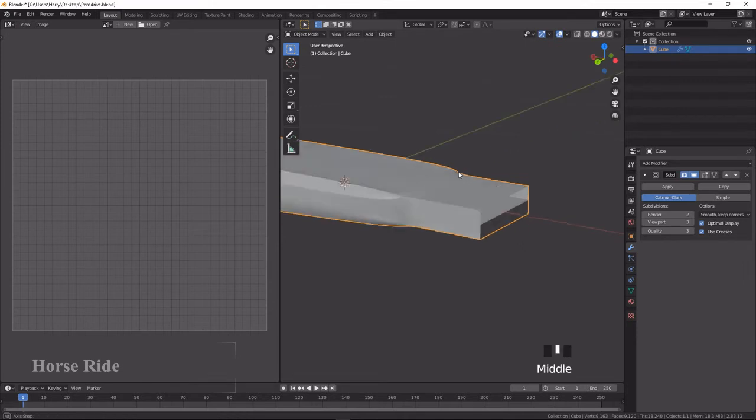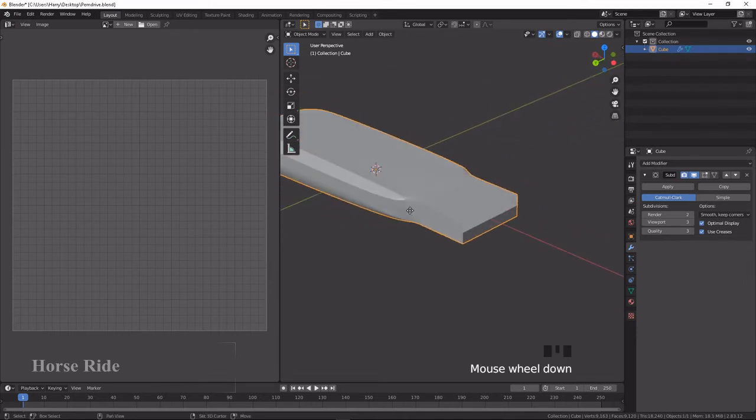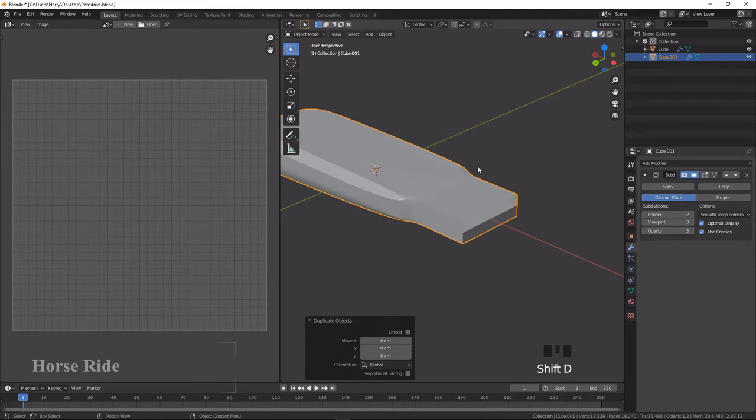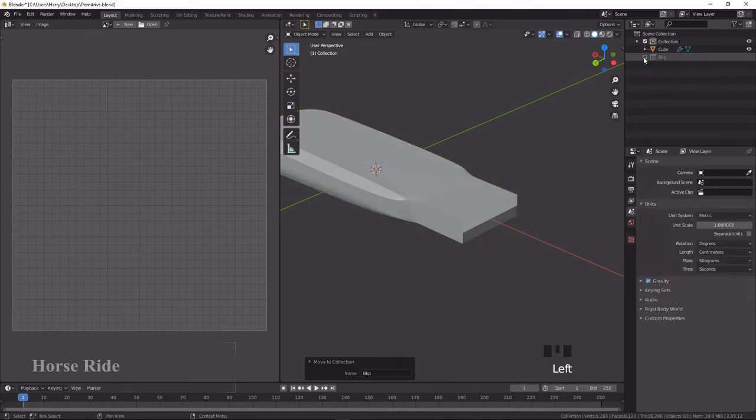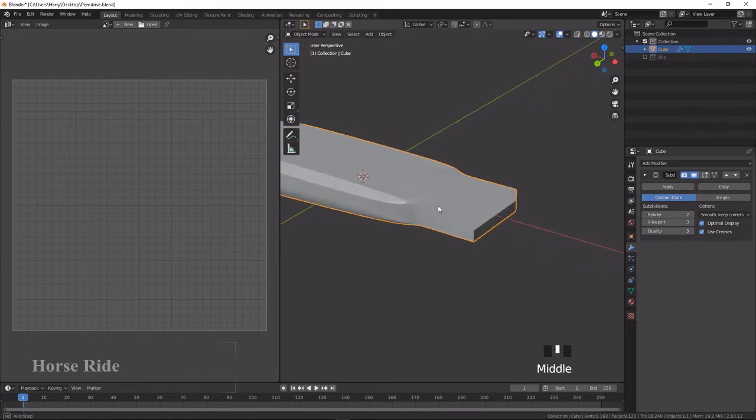So now we are going to duplicate this one, press Shift D and move and right click to cancel, press M on the keyboard to move the duplicate to another collection. By default it has one collection only, here you can see. So we are going to create a new one, press M on the keyboard, new collection, type it as backup, BKP, it's a short form, and press OK. So now what we duplicated has moved automatically to the backup collection. So I'm going to unselect this to hide that.